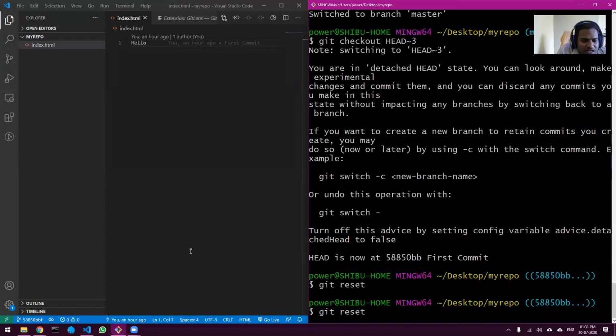Can merge be undone? Yes, anything that you do in git can be undone except hard reset. A hard reset cannot be undone, but most other things can be undone. That is why we do not use reset at all. We use the concept of revert, which we will see in the next part, because revert is non-destructive, whereas reset is destructive.